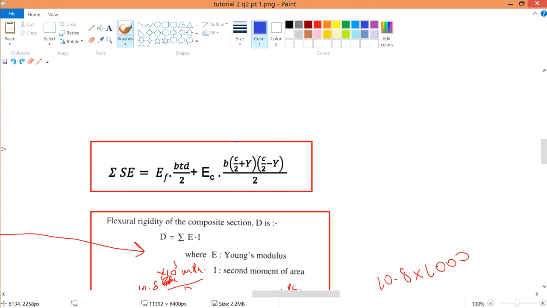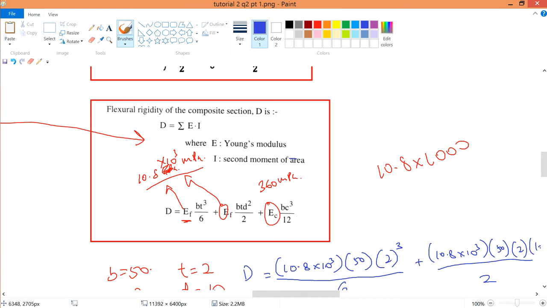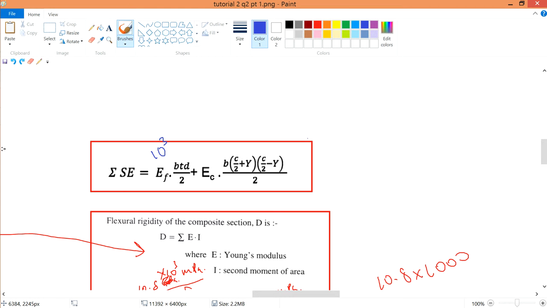But take note that this value will also be way too small, because this is in terms of 10 to the power of cube. Same thing, this is 360 only. But in case you may wonder, I'll also try to calculate for all of them. But in a test, I would suggest that you can ignore this one. When you ignore something, you must say that you're ignoring it, and that it is negligible compared to this value, in your exams, if you're not calculating that. So I'll just simply put in the values.